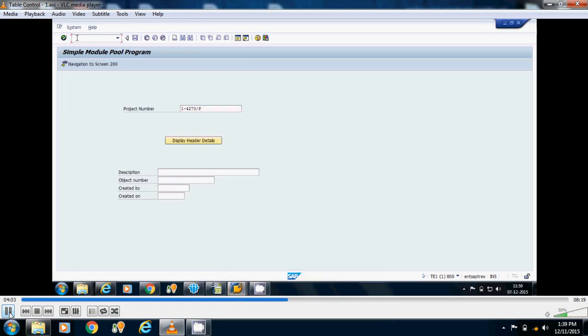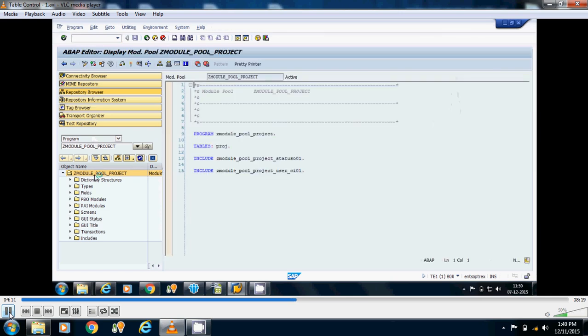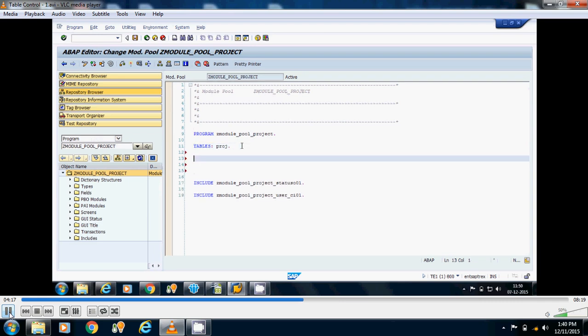So I am again moving on to module pool. I am going for the program. Now here I will declare one type. Suppose from the PRPS table I want 4 things. So I am declaring one type.